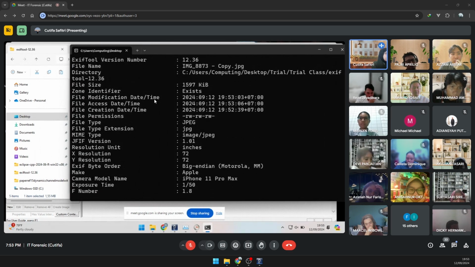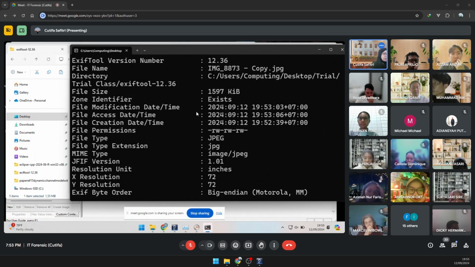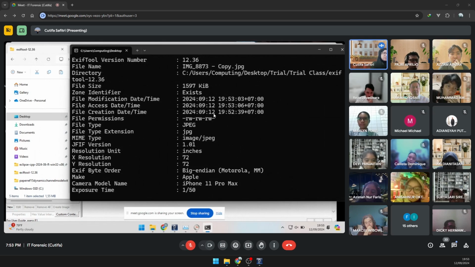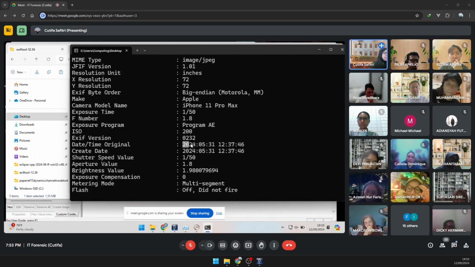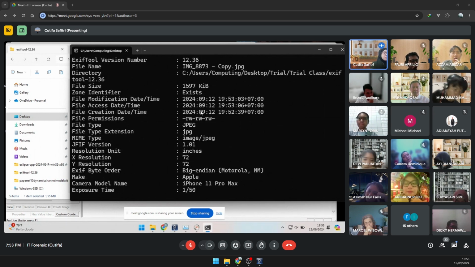Right, so, okay. Now, when was this image created? Just now. When was this image modified? Just now. When was it opened? Just now. So now you know that this image looks as if it was taken just now. Now I have the information in here: the date, time, original. It's not changed. This is the created date. This is the date when the picture was really taken, and this is the date when it was modified, accessed and created.